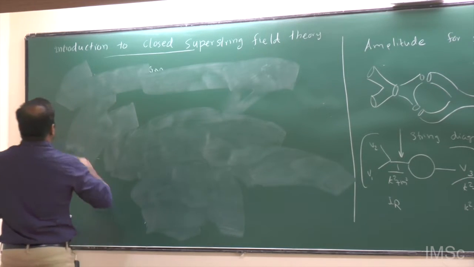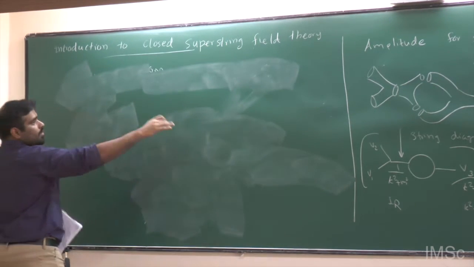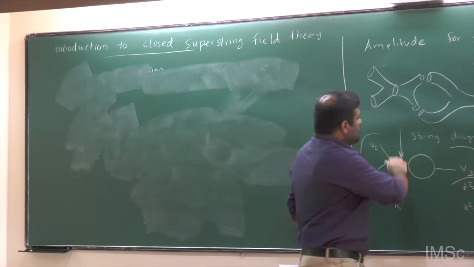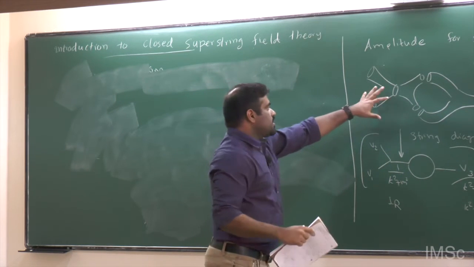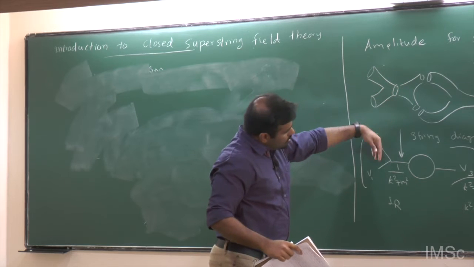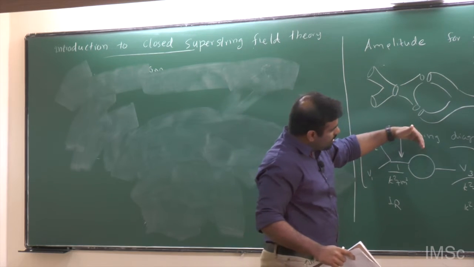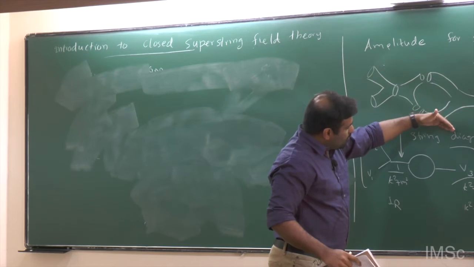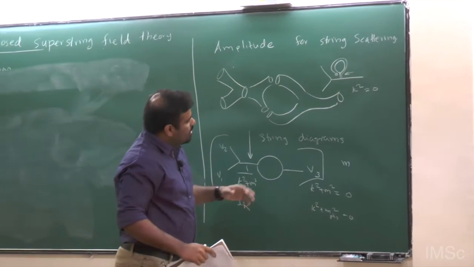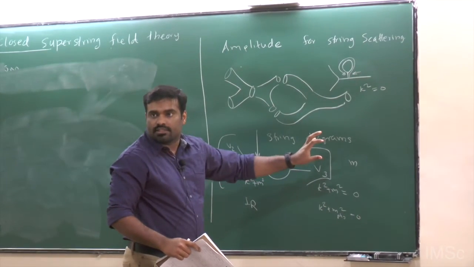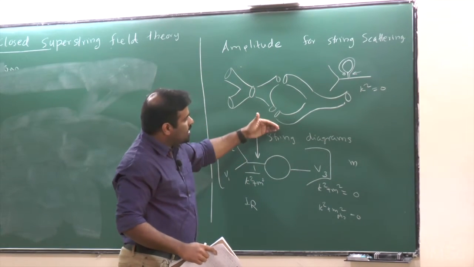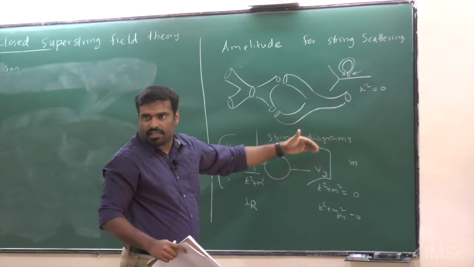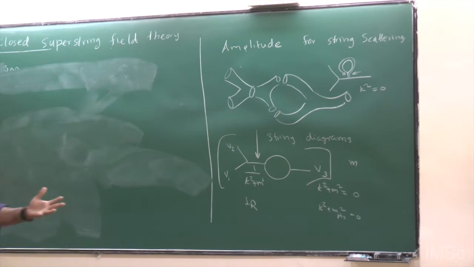So you can start with the string diagram like this, and then we see that if we have some way of decomposing the sum of string diagrams into different pieces, we should somehow be able to identify each piece with certain divergences. If you can do that, then you could throw out the piece from the string diagram that has a divergence, look into the piece that doesn't have any divergence, and then identify.